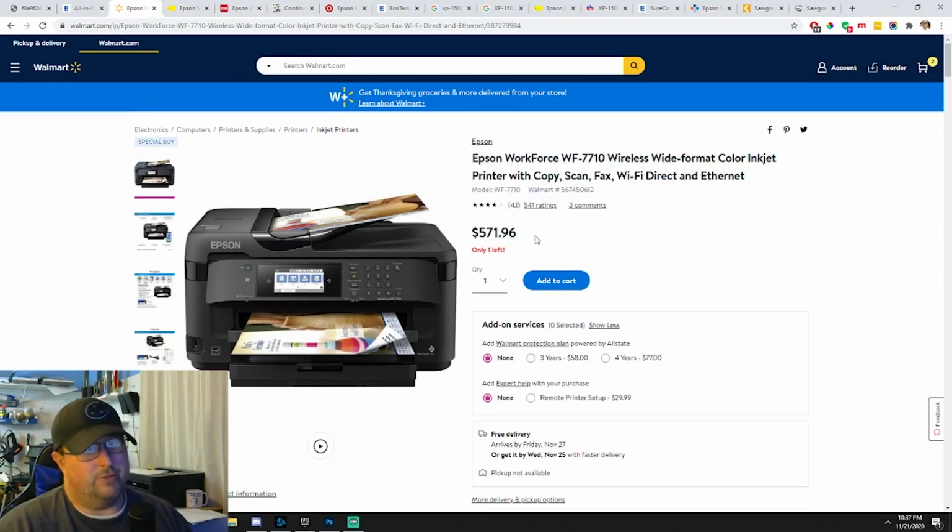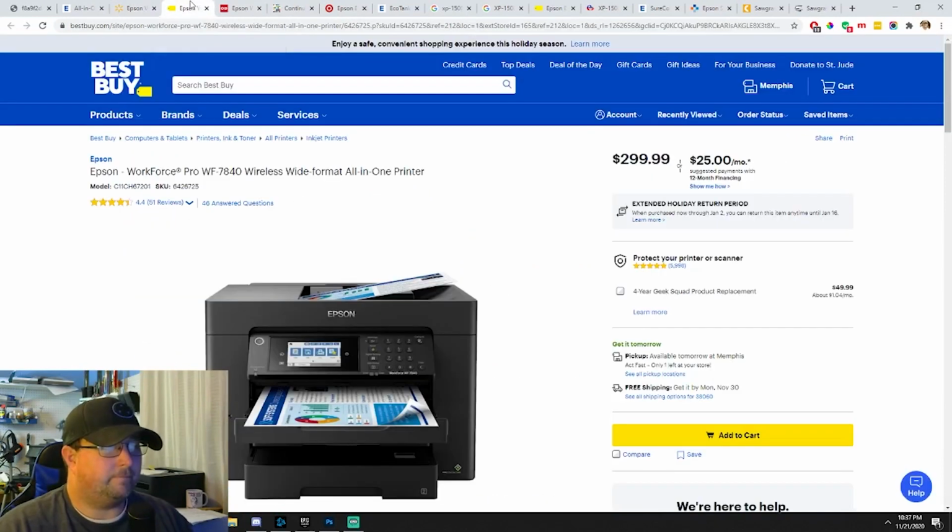Even when you do find them, $500. Don't know if they're worth that or not. But we'll go ahead and move on to the next thing, which is probably what we'll be going to whenever the cartridges are released for it, which is the Epson Workforce 7840s and 7820s. It's just a matter of when the cartridges or CISS systems release for it. That's what everybody will probably be going to with the EcoTank supply drying up, and also the older Workforce printers drying up. But this is basically a carbon copy of the 7710, 7720s, and they do 13 by